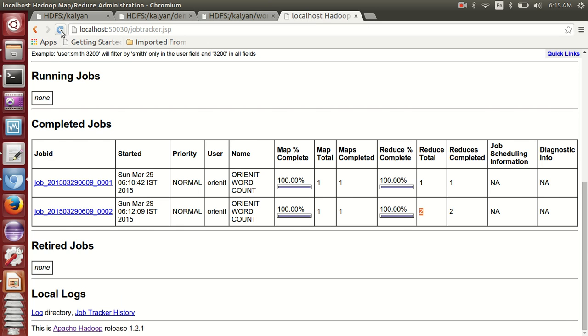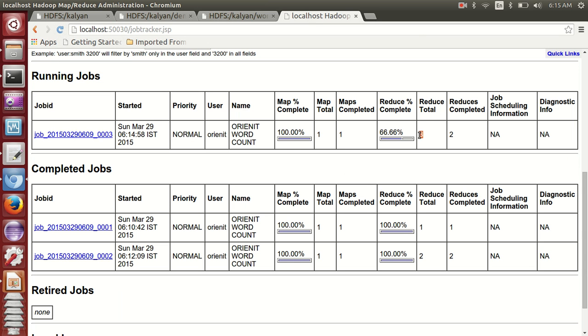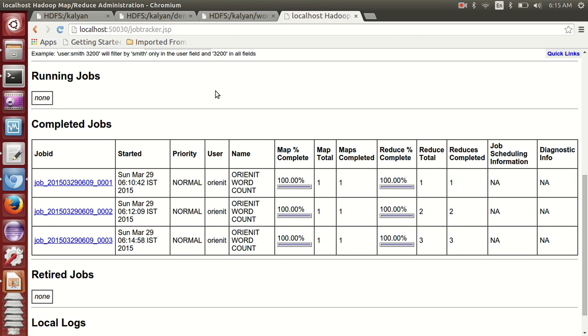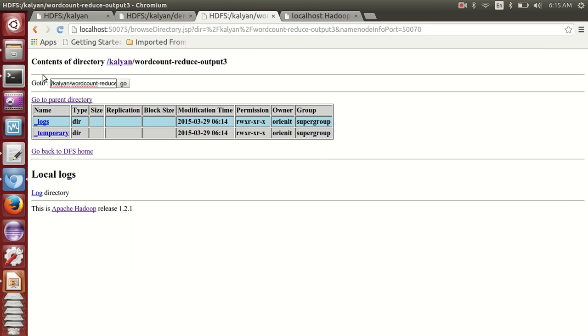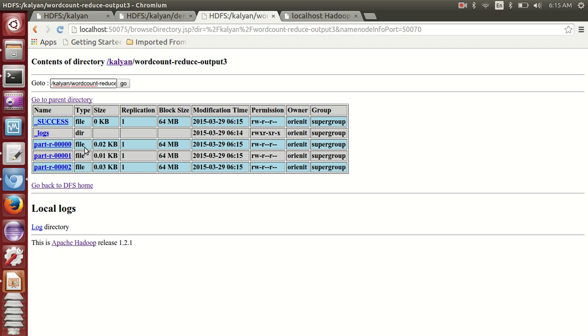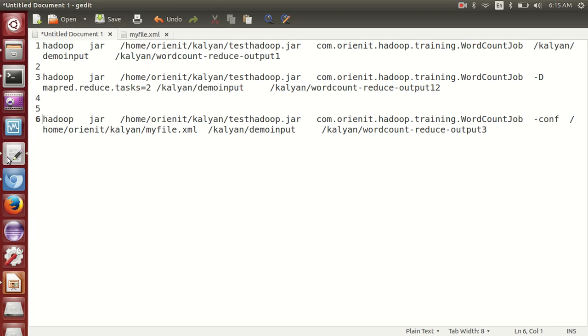Verify the jobs also. Can you see now how many are completed? Right now 2, 3 are completed. So hope you see the 3 outputs now here. This is the expectation. So if you increase the reducers, you will be going to work in parallel also.